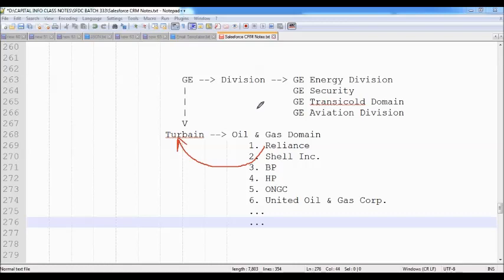Now, before purchasing this product, Reliance people are going to raise a question to the GE organization. Boss, today I'm ready to buy one of your products, the turbine, because it exactly suits my business, and I'm ready to invest some millions of dollars. But after purchasing this product, if I'm facing any problem with this turbine product, then who is responsible?